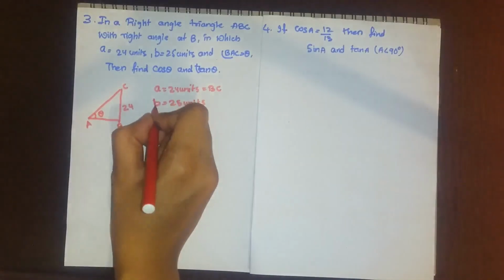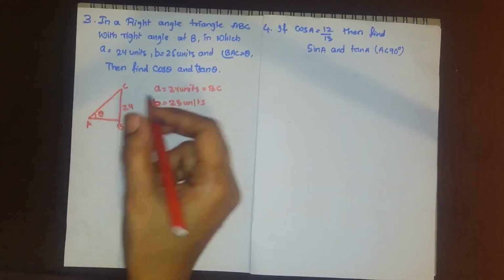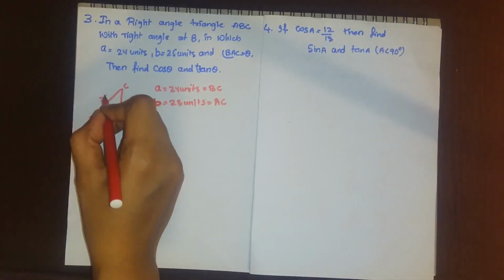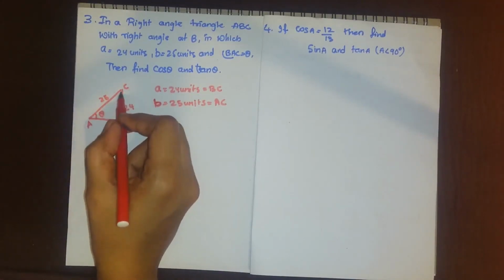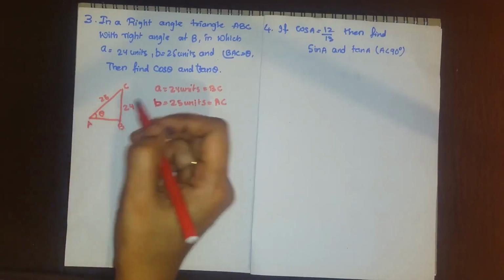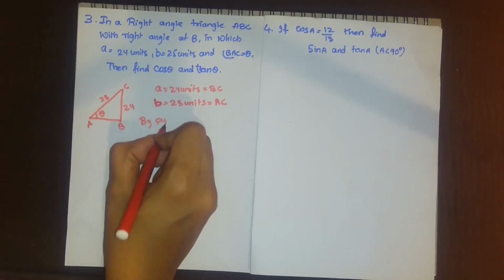And it is also given that b is equal to 25 units. What does the small b represent? It represents the length of the side opposite to angle B, that is equal to AC, 25 units. Now we have the value of hypotenuse and opposite. We need to get the length of the adjacent side. So by Pythagoras theorem,